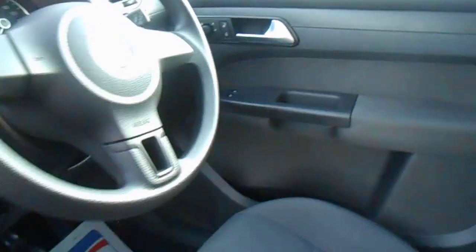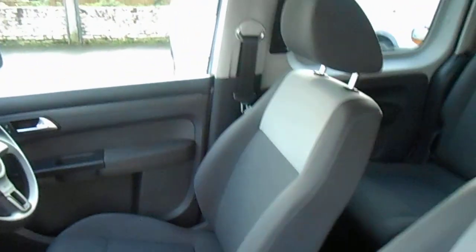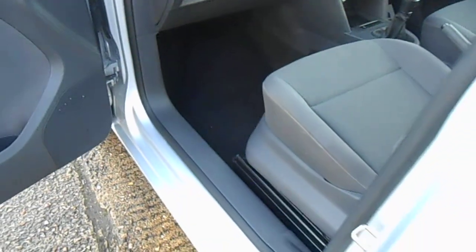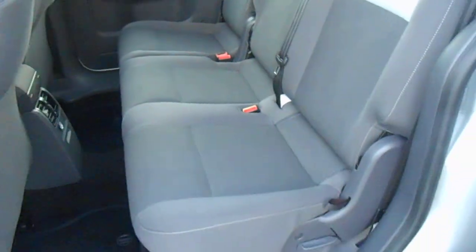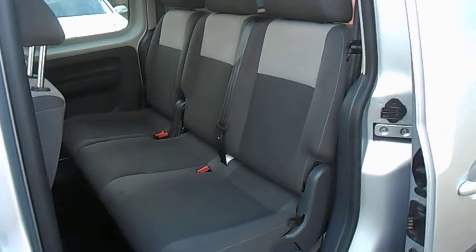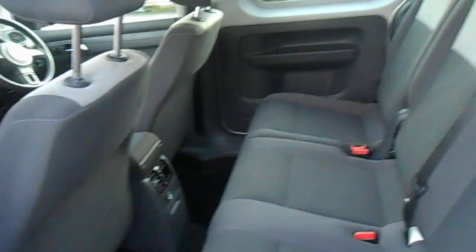So as you'll see from the short video, the vehicle's in grade A condition, as is with our other 25 or so wheelchair access vehicles. If you want to have a look at our full stock, you can either give us a call on 01634 716 911. We'll quite happily text you a link to the stock, or you can go directly to our website, which is